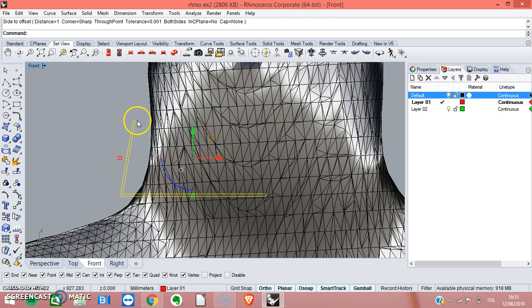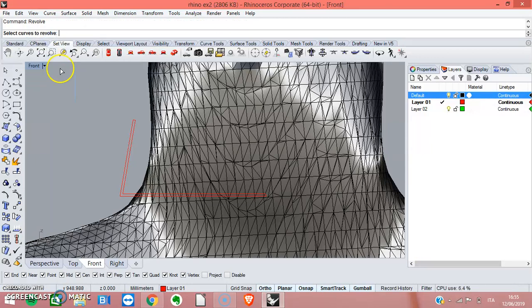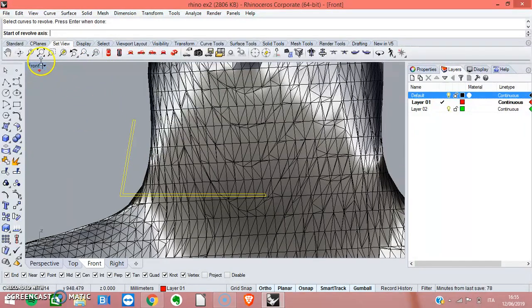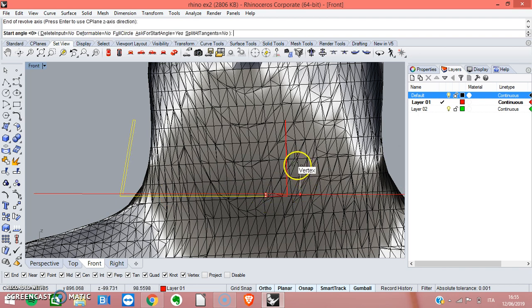I create a connection to close these two lines, and I join everything from this line with a revolve command, revolve tools. I select the curves, and then I decide start of revolve axis, end of revolve axis, and if I put 360 degrees,